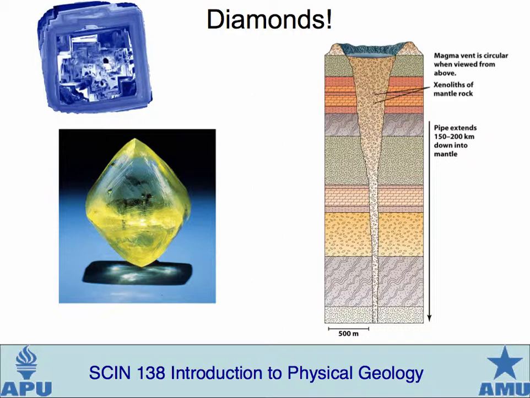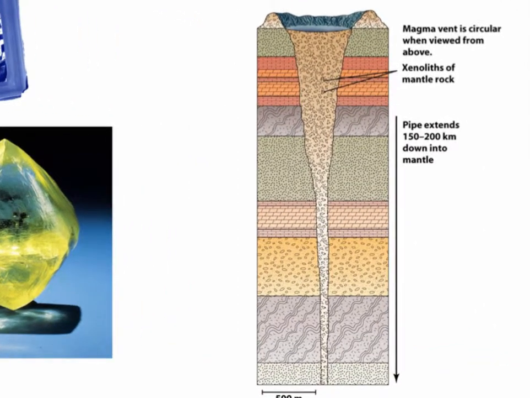If the conditions are too hot, the pressure is too high, the kimberlite doesn't form right and the diamonds will actually vaporize. So it's actually very rare to get diamonds at the surface because the conditions under which they need to be created and brought to the surface are very, very specific. So essentially what happens with diamonds is we get subduction. That organic material is taken deep into the mantle, it's compressed, the diamonds form, and then those diamonds come back to the surface in the form of a kimberlite pipe, as we see in the graphic